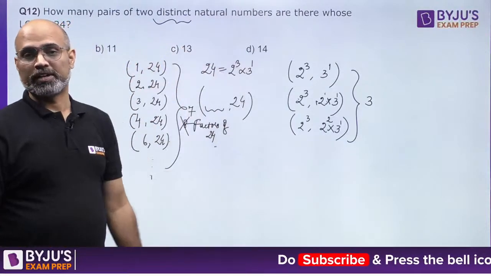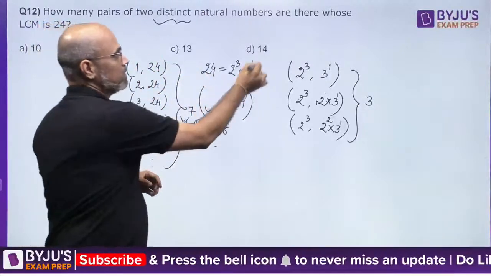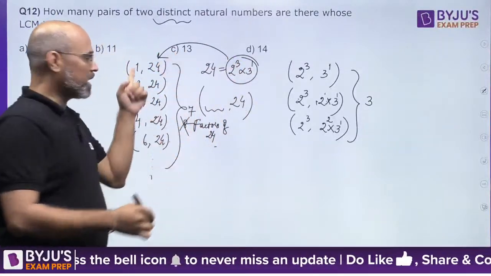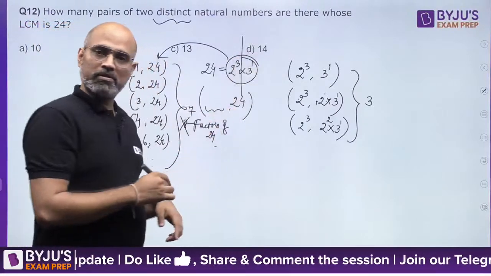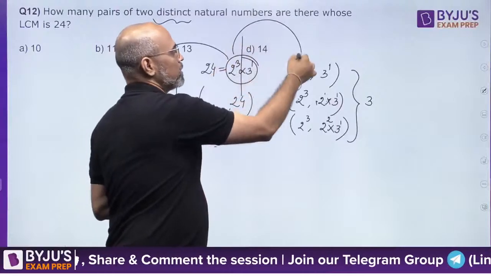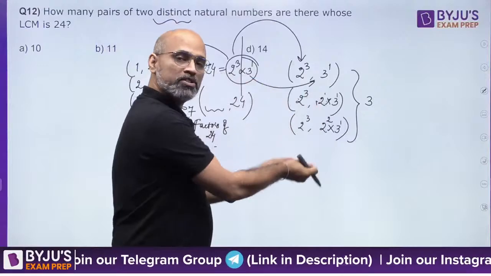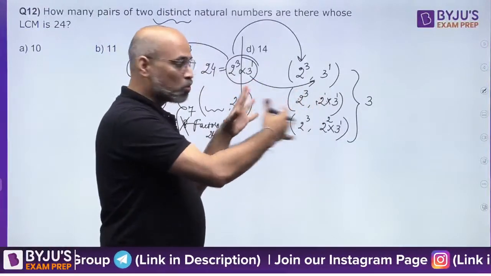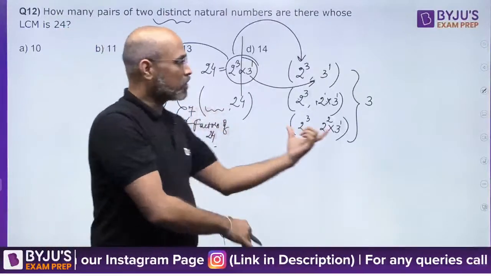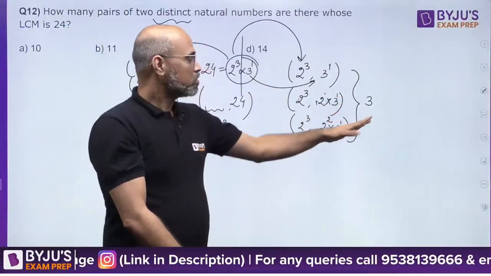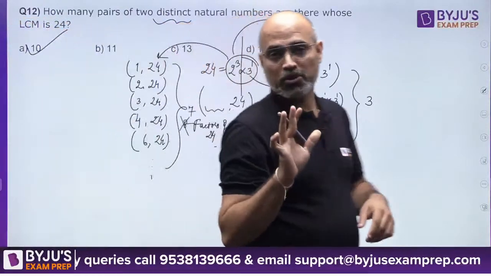result in 24 again. So logically, once the full grouping is done, put the whole number on one side and all the others one by one. Second, break it down, give the 2 cube on one side and 3 on the other side, and slowly keep giving one extra 2 each time. Because nowhere does it make 24, because the 24 one is already counted. We are going to have a new combination. So 7 plus 3, a total of 10 such pairs of 2 distinct numbers